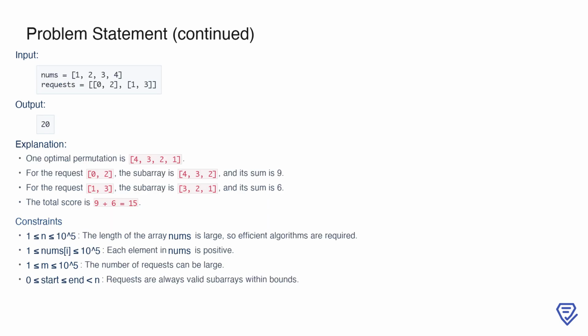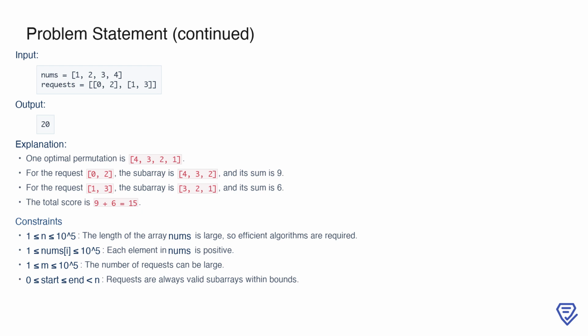Now, let's examine another example. Consider nums as 1, 2, 3, 4, and the requests are [0, 2] and [1, 3]. An optimal arrangement of nums is 4, 3, 2, 1. For the request [0, 2], the subarray is 4, 3, 2, and the sum is 9. For the request [1, 3], the subarray becomes 3, 2, 1, and its sum is 6. Adding these together gives a total score of 15. These examples highlight the importance of optimizing the order of nums to maximize the contributions of the most frequently requested